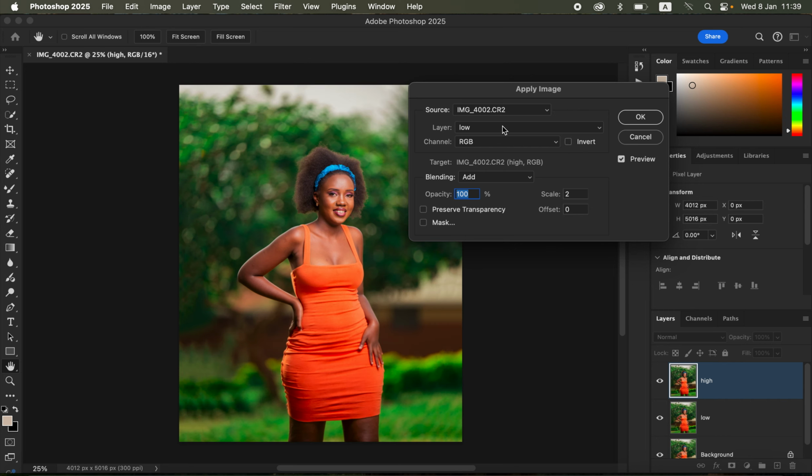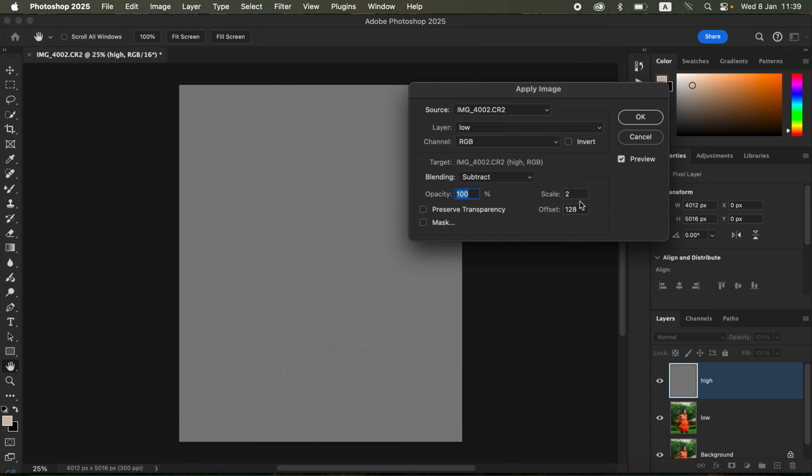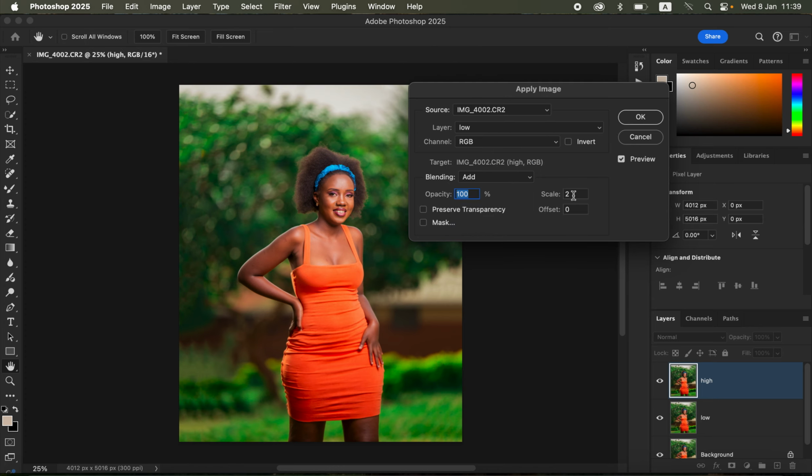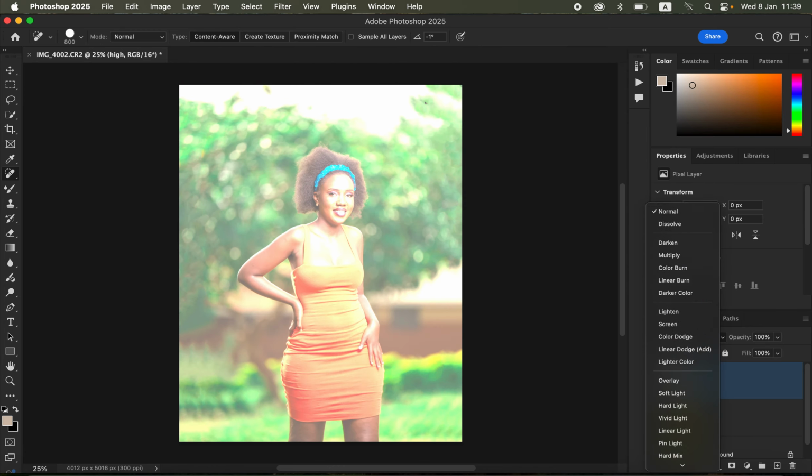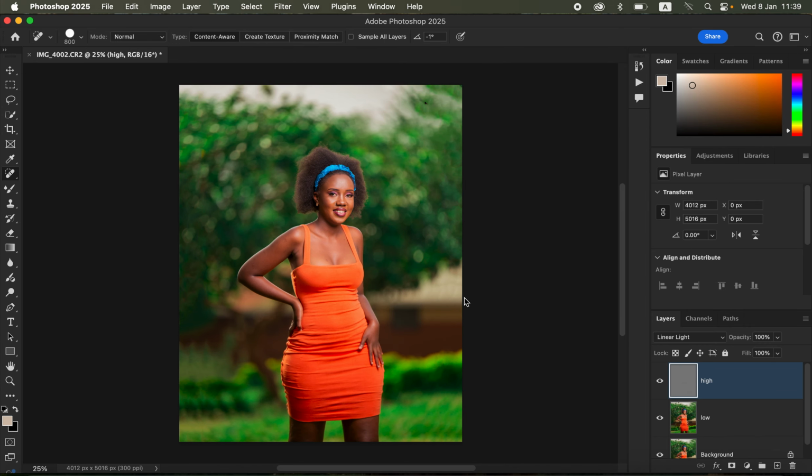So after selecting the low frequency layer and RGB under channel, make sure subtract is the blend mode that you're using. The scale is 2 and offset 128. Preserve transparency and mask cannot be checked, and click OK. So ours is a 16-bit image, so I'll just come and change this to 16-bit settings. Click OK. Change the blend mode from normal to linear light, and I'll get back the image the way it